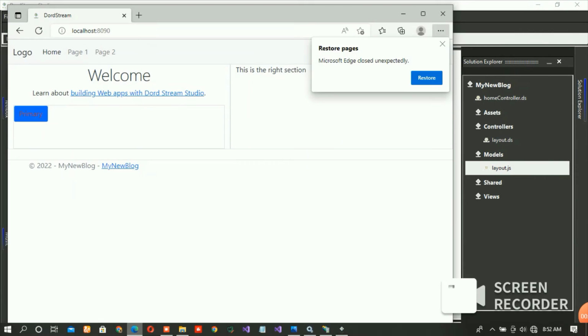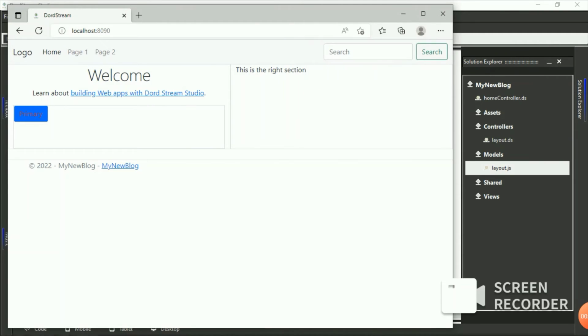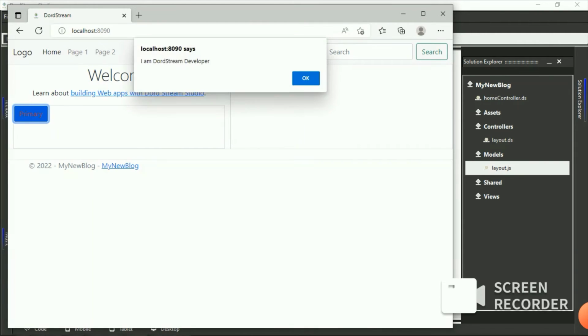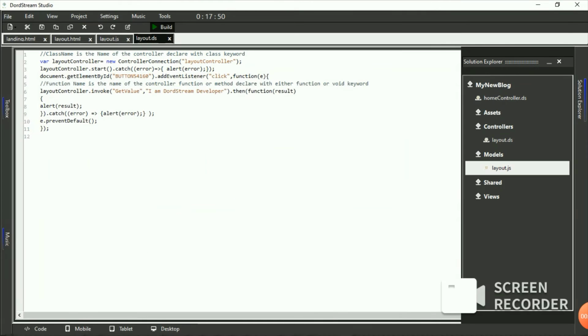Now as you can see here, once I click it, it shows me I am a DordStream developer. So it shows me the input value which I input here. You see I input here, I am a. Okay, now let's make another change. Let's say, I am a DordStream